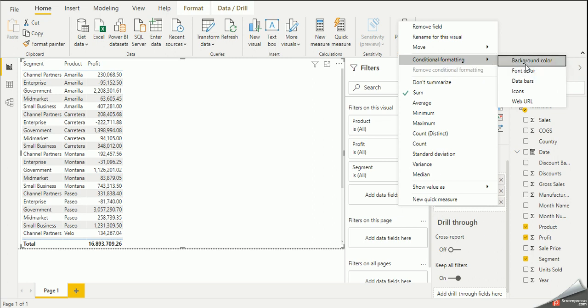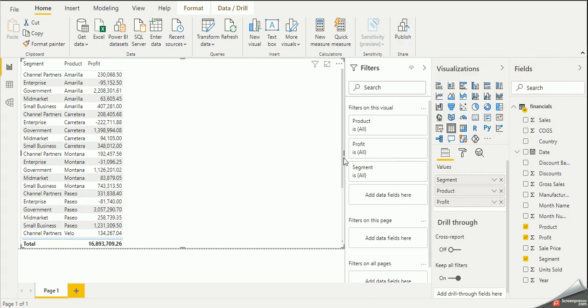I prefer the background color, because if you use the foreground color, it will not be noticeable or indicated properly. With the background color, it will be more visible and prominent in look and feel. So I will do the background color.